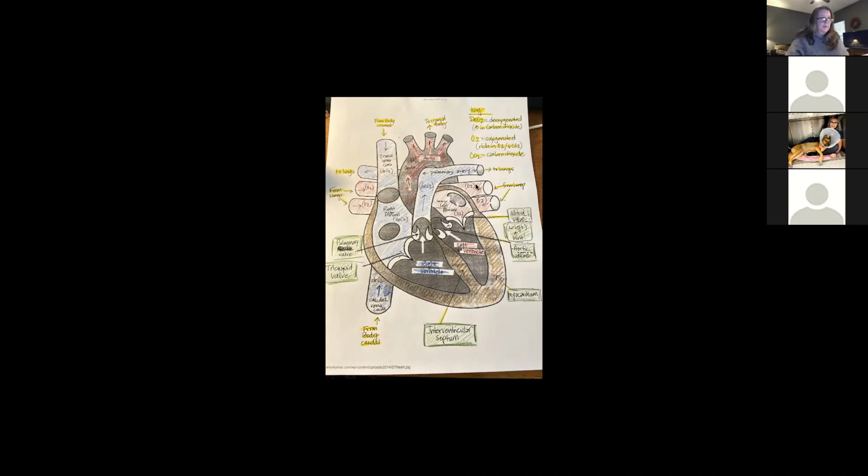Then it's going to come here. This is what I forgot to label on here, the pulmonary vein. Pulmonary veins are going to empty into the left atrium, go through the mitral valve, left ventricle, out the aortic valve to the aorta. Wherever you start, you end. Okay? So wherever you start, you end.